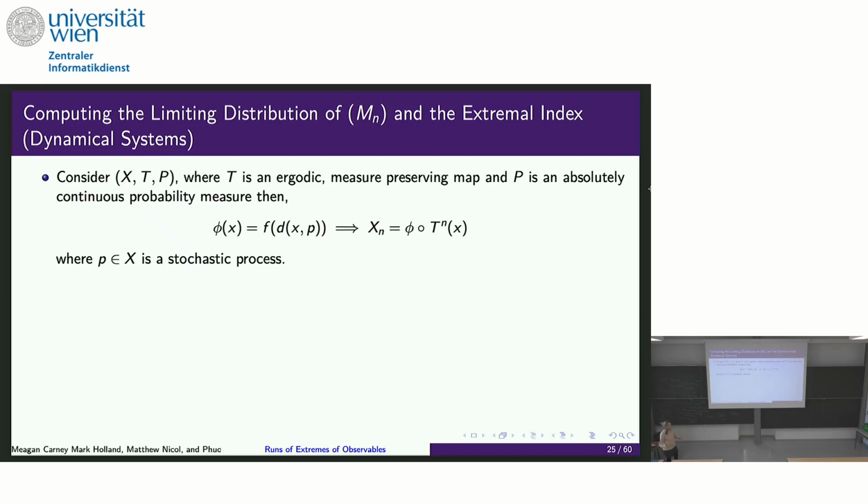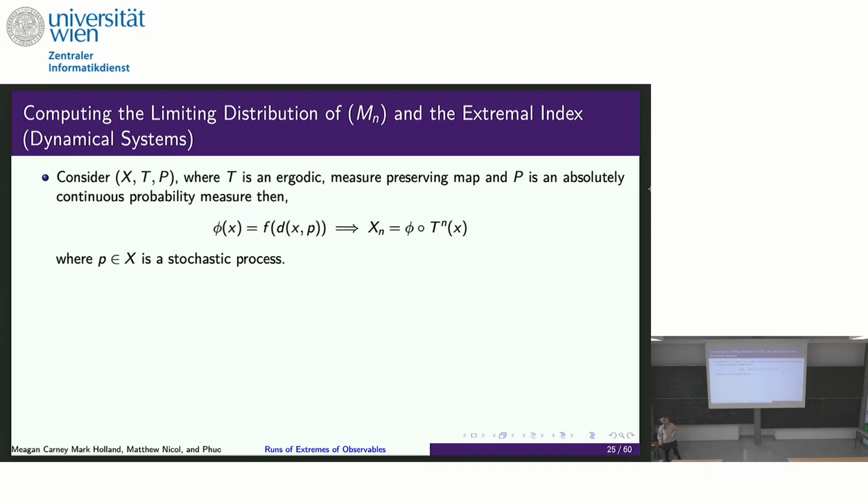So I know that most of you know this, but I'd like to put this up so I can do a comparison between what we do in dynamics and what we do in real world data. So in a dynamical system, we typically consider our space X, some kind of measure preserving map, ergodic in my case, T, and some absolutely continuous probability measure. I'm going to abuse notation a bit and use P as my invariant probability measure, but also as the traditional probability that we know and love when it comes to taking the integral over some density.